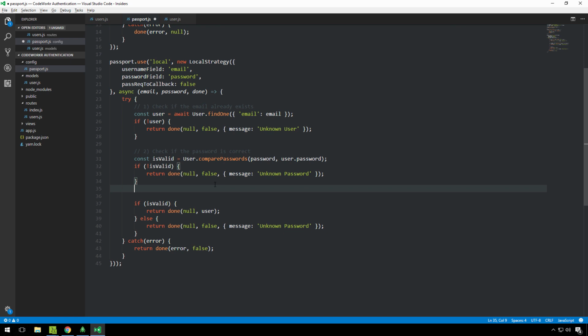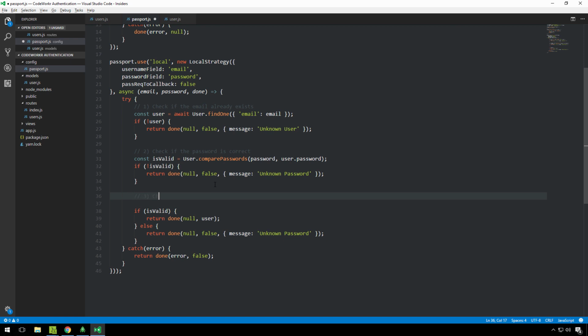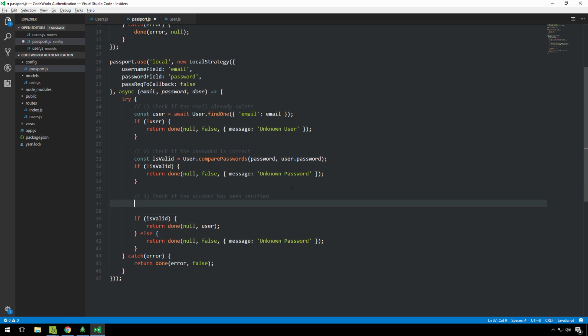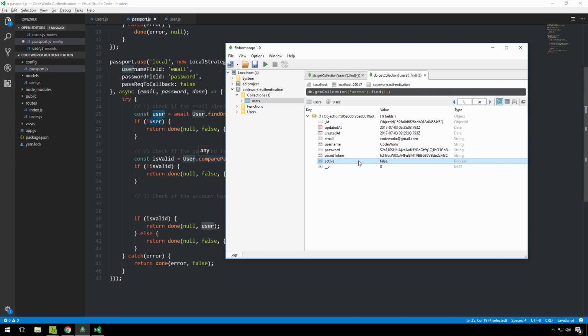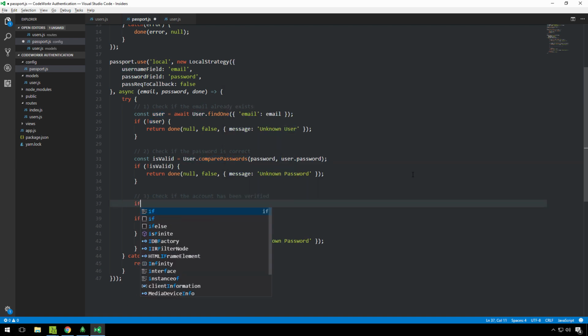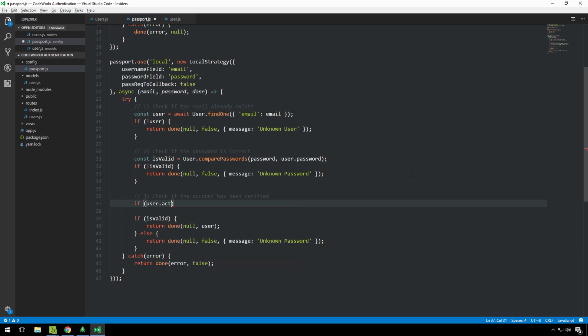Okay, and then we're going to check if the account has been verified. And how can we do that? Well, quite simply, we have the user object over here. We just want to check whether the user.active is actually true or not. So I'm going to write if user.active